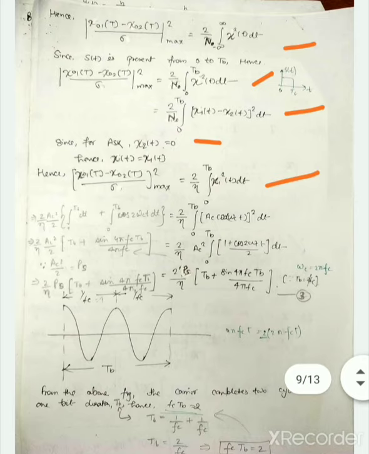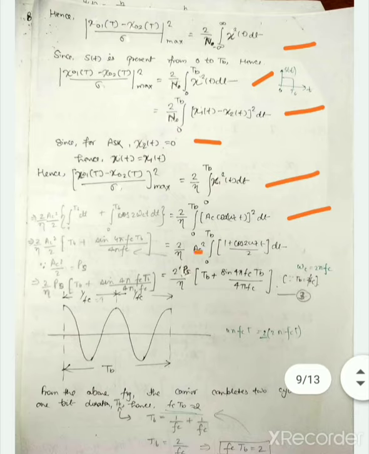Now we have to substitute the value of x1(t), and we know that the value of x1(t) corresponds to when the bit or the symbol 1 is transmitted and the value is given by Ac cos omega_c t. We have already seen. So here we have kept this value and have taken the square of this value. This will be equal to Ac squared cos squared omega_c t. Now because Ac is the amplitude of the carrier which will be constant, we can take it out of the integration sign. So we have taken it out of the integration sign.